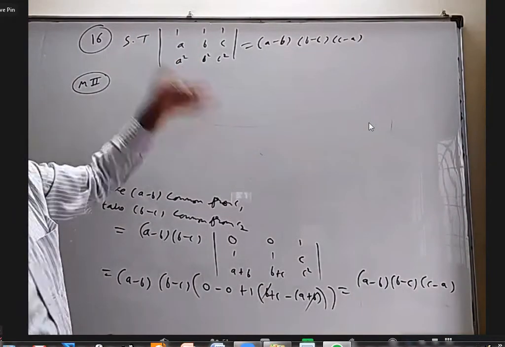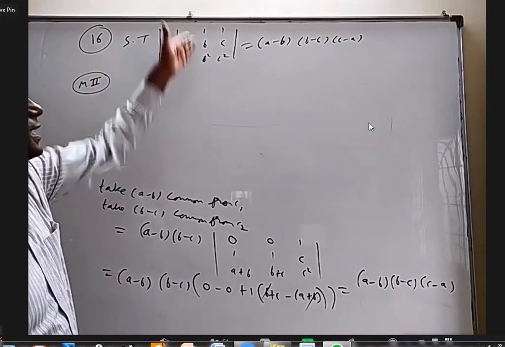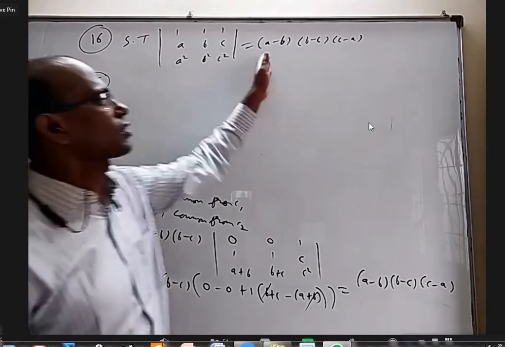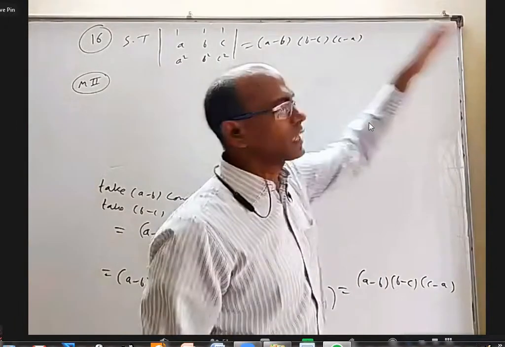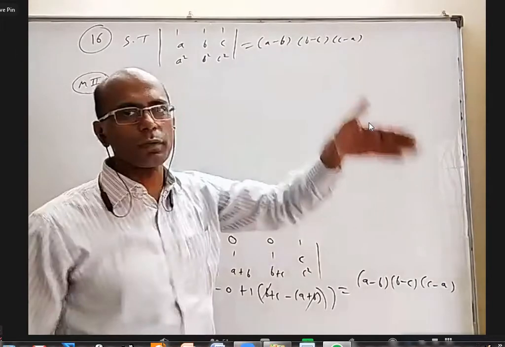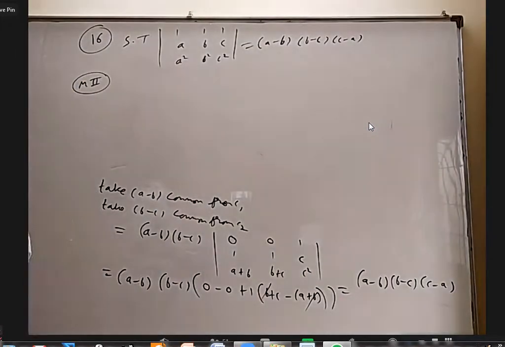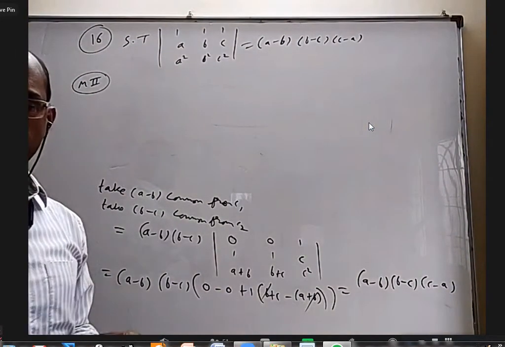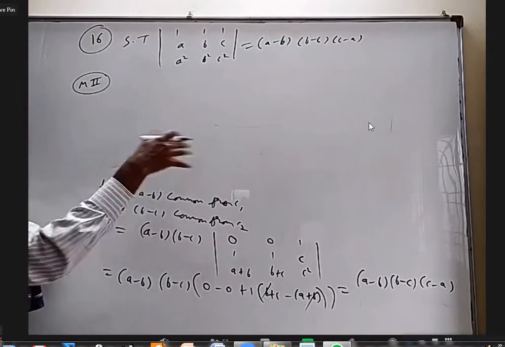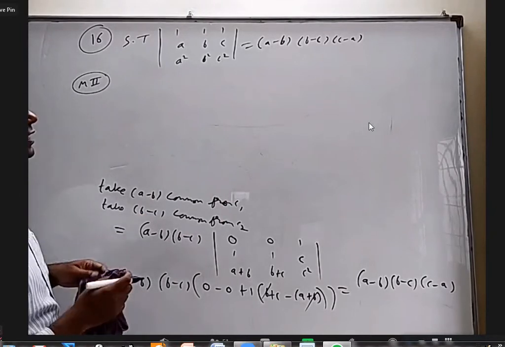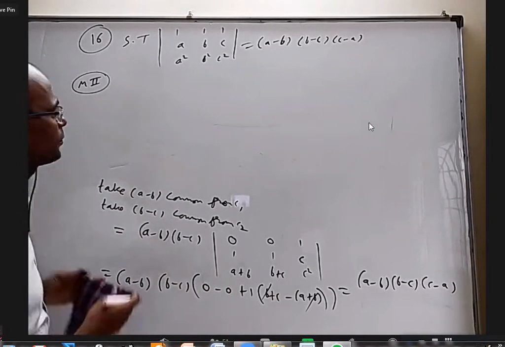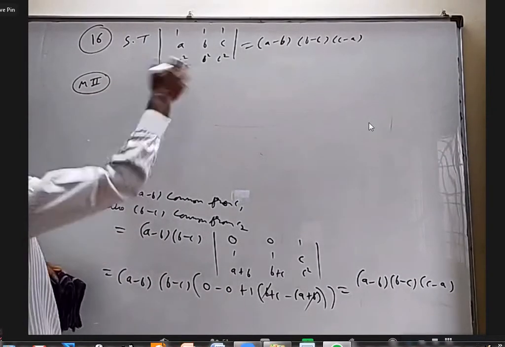Similarly, in place of b, substitute c. Then the second and third columns are equal, so again it is 0, so b minus c is a factor. Similarly, c minus a is a factor. So I already got 3 factors. Something else may be multiplied, but it can't be, because it is third degree: degree 1, degree 1, degree 1, and when you multiply it is third degree. Is it okay, everybody? Yes, sir. It is a proper explanation which can be written in a board exam. We generally try to avoid it, and as far as possible try to write the other method, but there is nothing wrong in this. For understanding it is good.